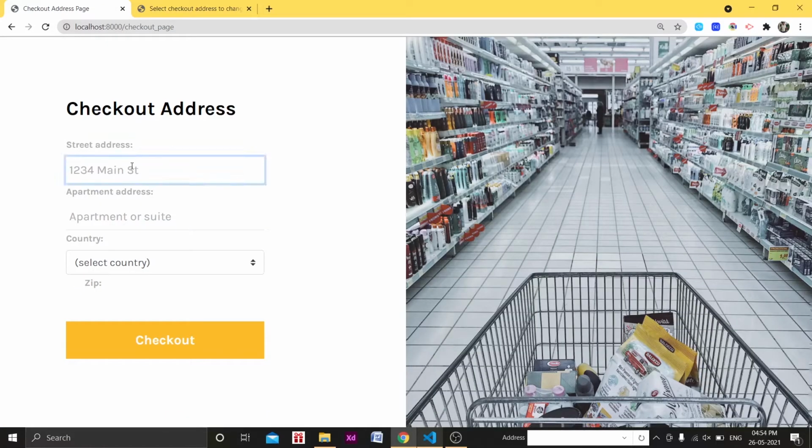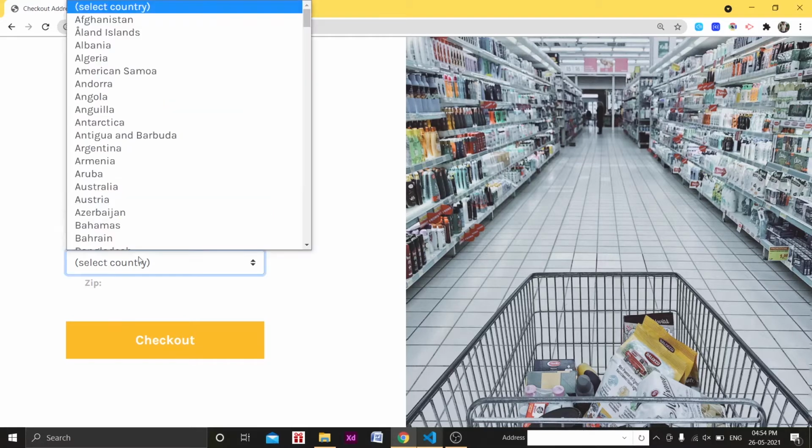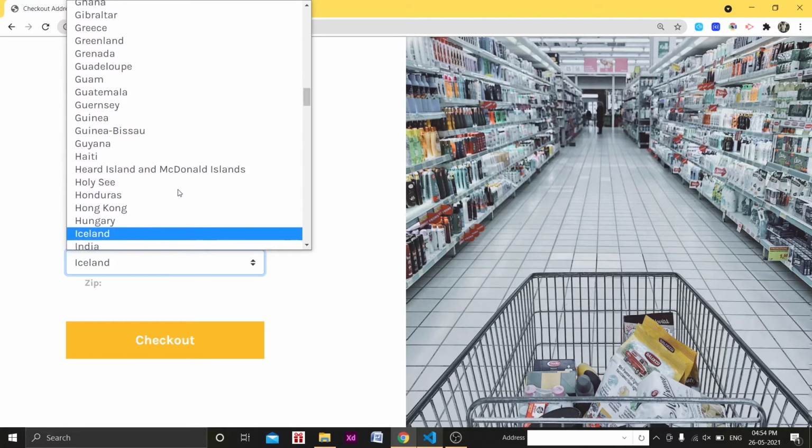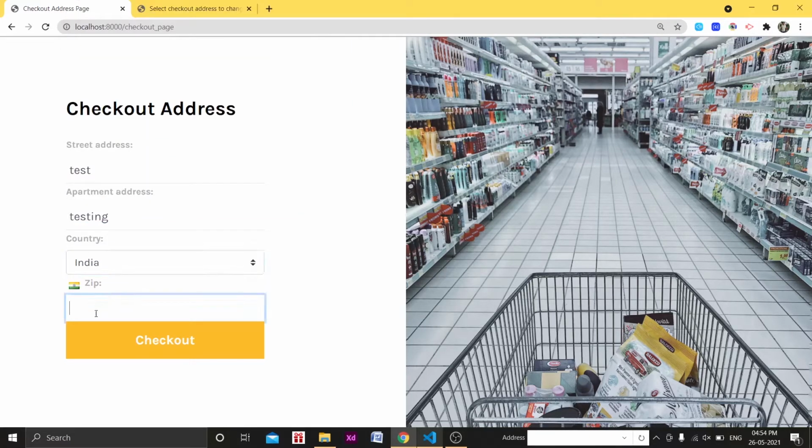Okay, so it is asking for street address, which is, let's suppose, test anything, apartment address, which is suppose 1 2 3 4 testing. Country, which is asking for selection, so we will select India. Zip code, which is suppose 444111, anything, a 6 digit zip code.